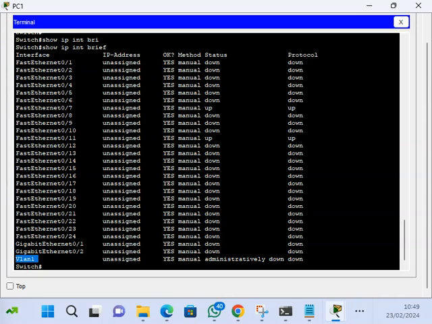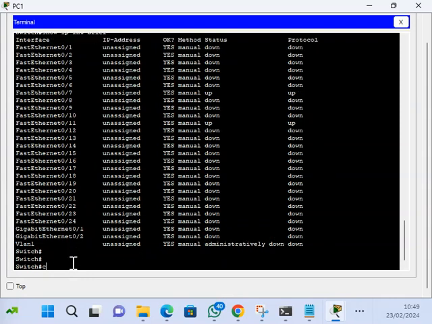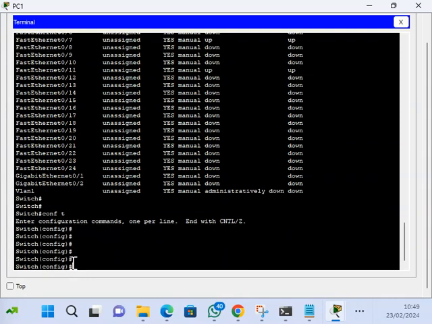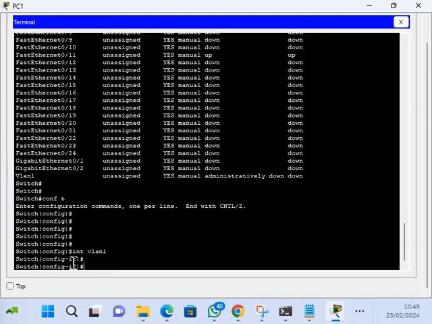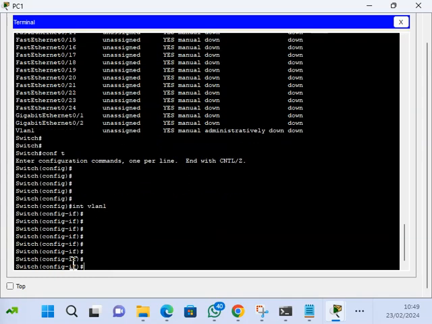How? The same way we deal with the physical interface. So I'll just go to global configuration mode and then call interface VLAN 1. You press enter. You see how it is behaving. We're in the same mode as the other one on the router. So this is why we can assign the IP address on a layer 2 device. On a layer 2 device, you cannot use the physical interface to assign IP addresses. See? So from there, remember,